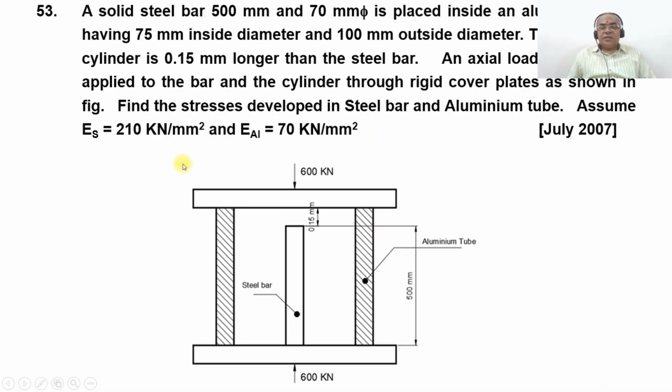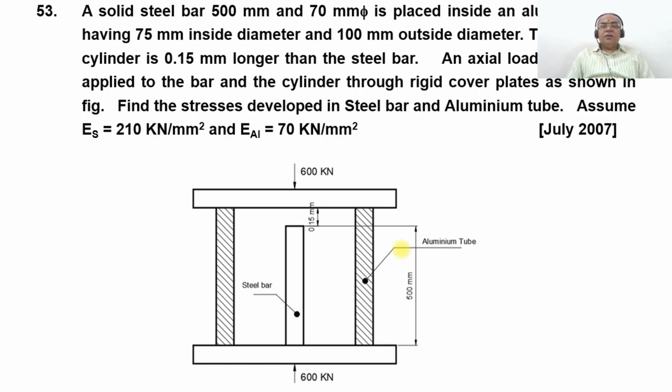So first what I need to understand here is how much stress is going to be developed. The length of the aluminum tube is a little bit more than the steel bar, that is by 0.15 mm, as you can see. So initially we need to find out how much load it will require to compress this 0.15 mm. Then only the remaining load is taken for the deformation in both steel and the aluminum. Because these two are separate, the steel rod is about 0.15 mm shorter than the aluminum tube.